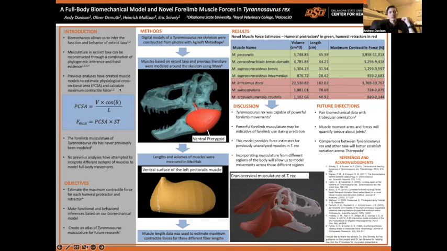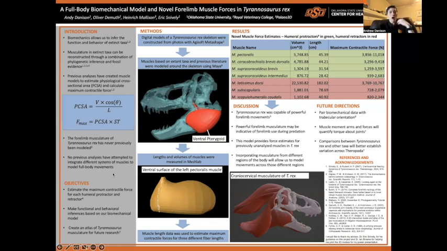Previous analyses have actually created 3D models based on these reconstructions to estimate the physiological cross-sectional area and calculate the corresponding maximum contractile forces using these two equations right here in order to draw conclusions about the capabilities of these extinct organisms. We specifically are interested in applying these established methods to the forelimb musculature of Tyrannosaurus rex, as the function of T-Rex's forelimbs has remained a mystery in the paleontological community for almost as long as they have been